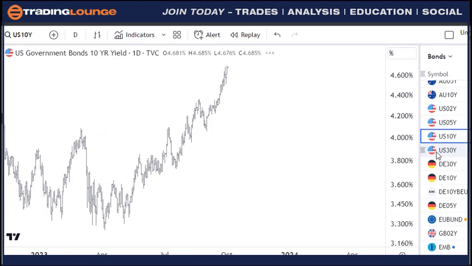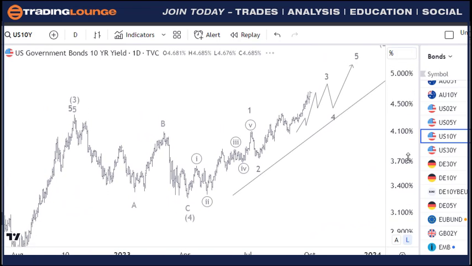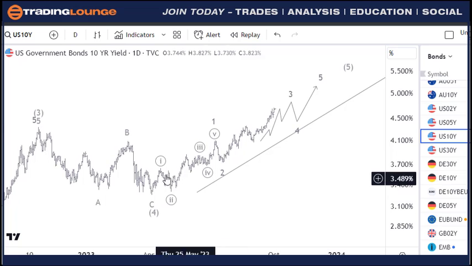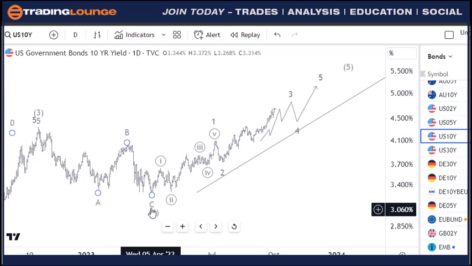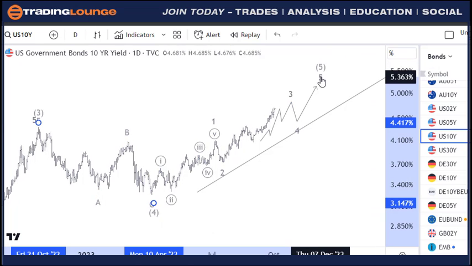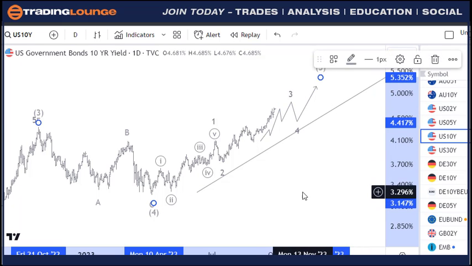We'll just start at the 10-year yields here. So these two, this is like a 3 and a 4 here, and they need to top up here, get topped out up here. As I've mentioned, we could look at this as 1 and 2 here, and 1 and 2 here, and it looks like they've got the third wave happening here. So I can see that it needs to go higher. I can see that it needs to correct a bit in certain areas, but it's certainly not finished to the upside in terms of a larger